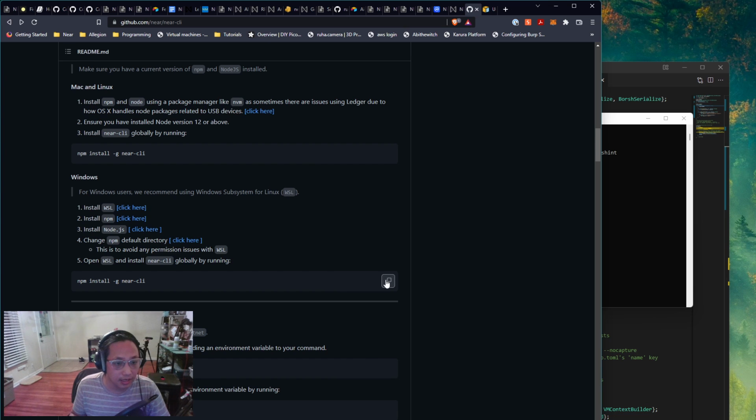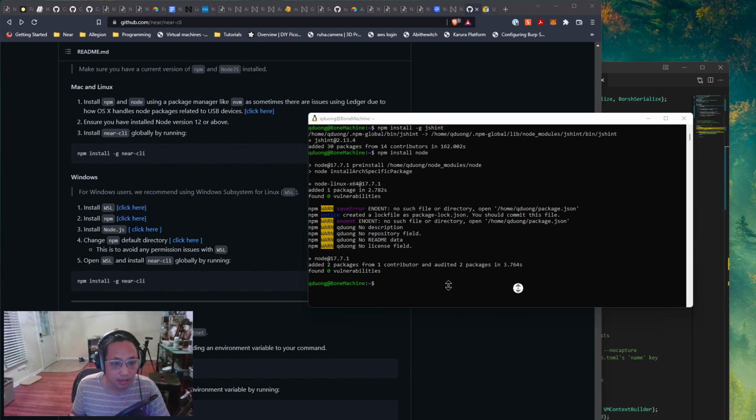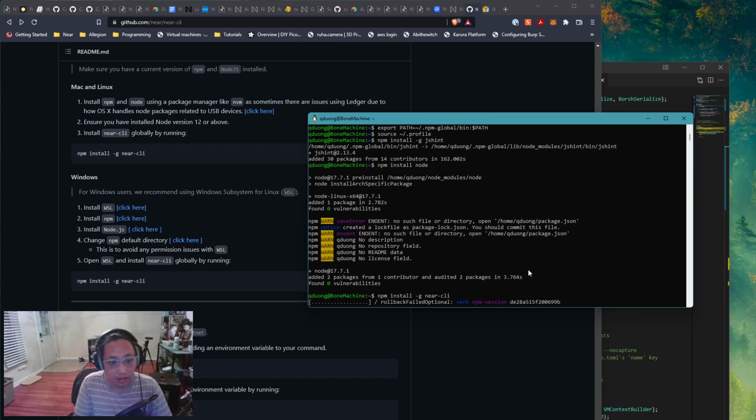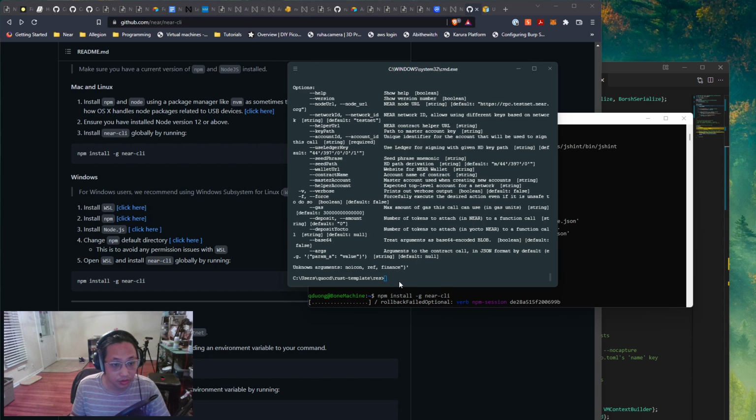NEAR CLI. This Windows subsystem is so slow though. I wonder if it can open up a window. I hope it can. We'll keep messing with this. So